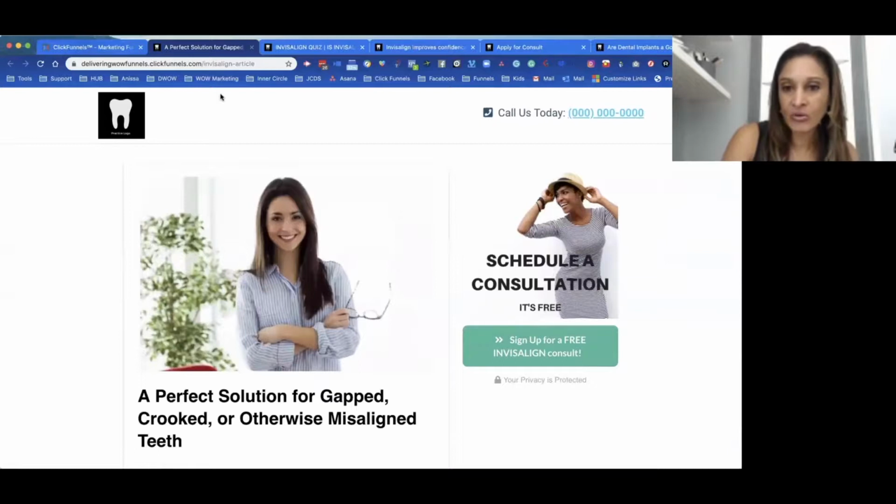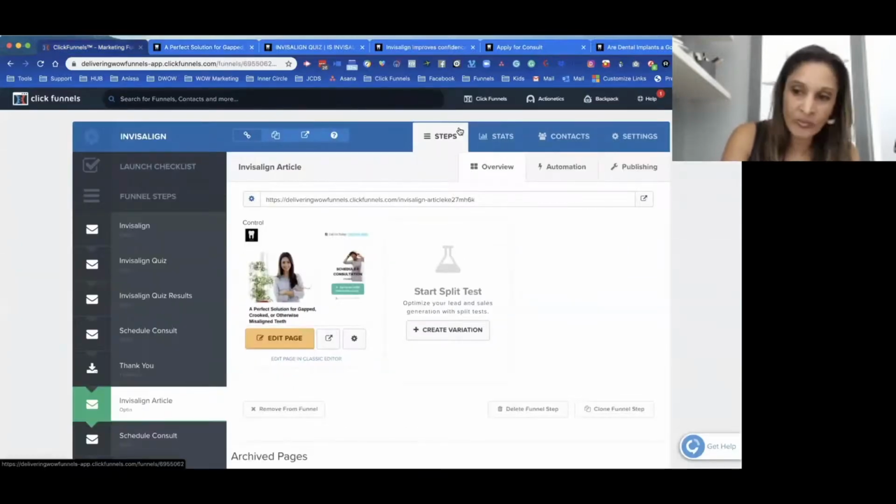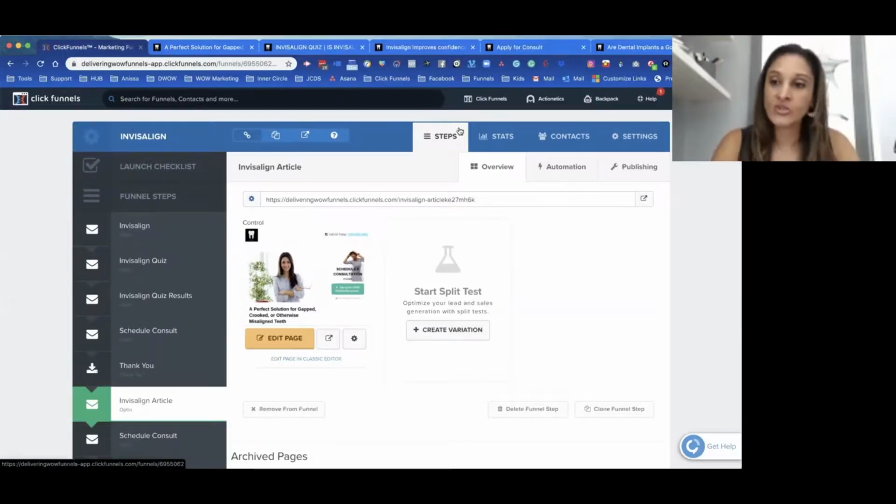And again, you can run funnels for so many different services: dental implants, cosmetic dentistry. You can also run for cavity risk, pediatric dentistry. What's also pretty neat as well is you can run funnels for even dental savings plans. So that's pretty popular as well, where people prepay for being able to have their cleaning done. And so you're able to actually build a funnel for that, even integrated in with a payment processor, and even